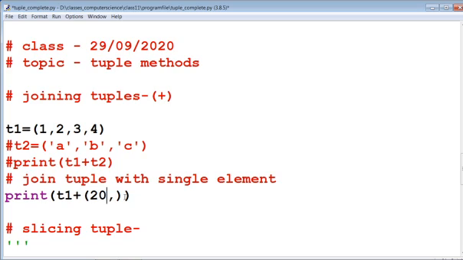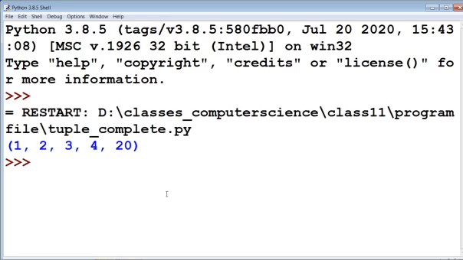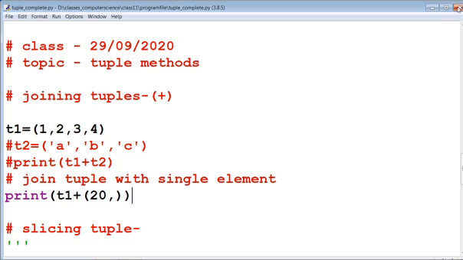Then this is the tuple of a single element. Now we can add the tuple. In this way, you can see that 20 will be added. There is no error displayed by the Python interpreter. So this is the way to join a tuple with a single element.